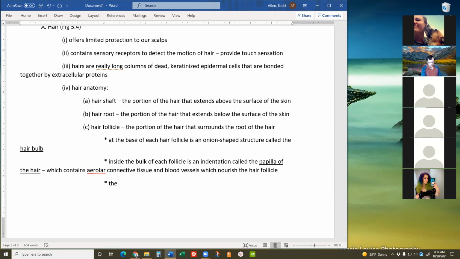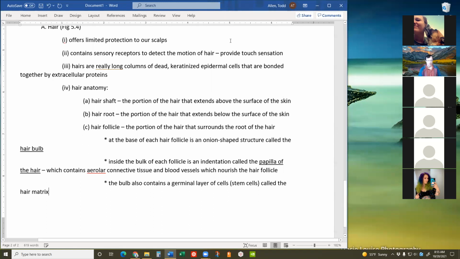The bulb also contains a germinal layer of cells, the stem cells called the hair matrix. Cells that are part of the hair matrix are responsible for your hair's ability to grow ever longer, to increase in length. And one final thing,